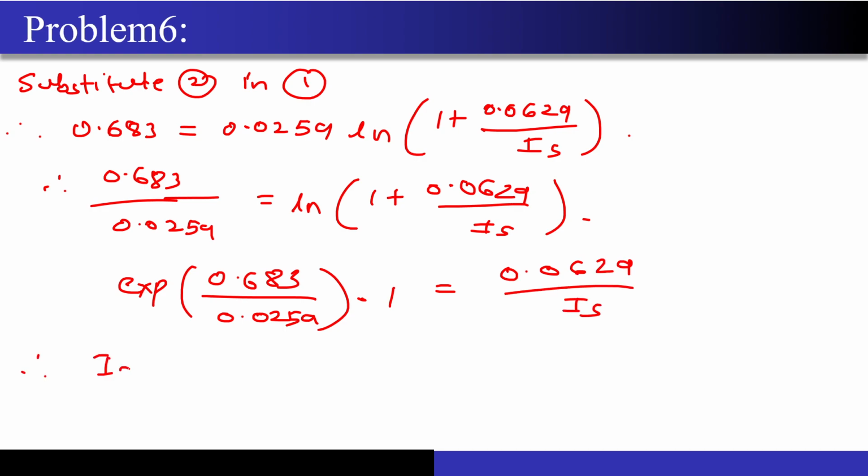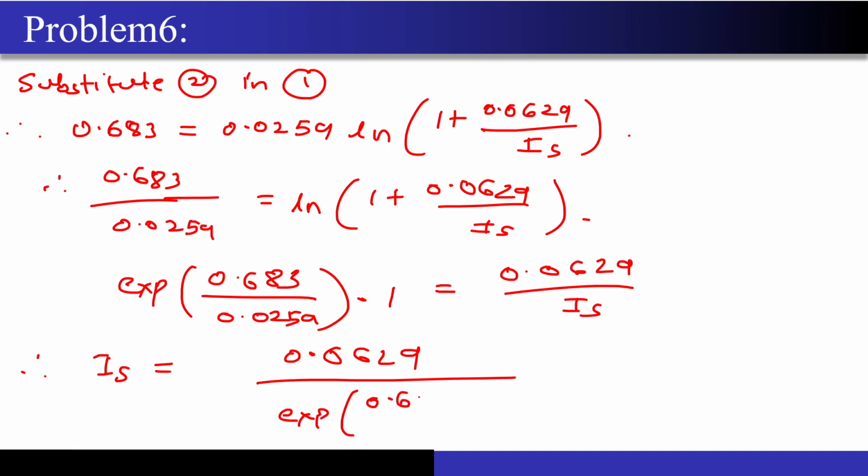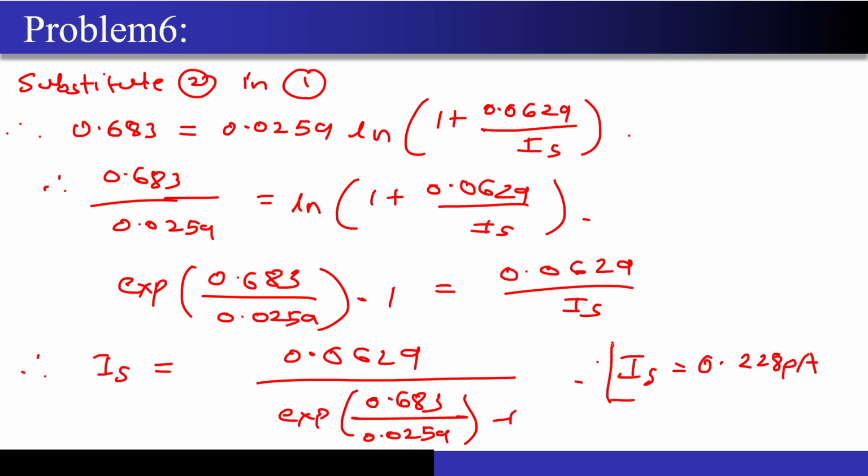Hence IS will be 0.0629 divided by exponential of 0.683 by 0.0259 minus 1. If you calculate the value of IS, this number comes out to be around